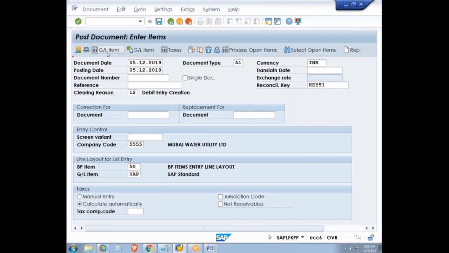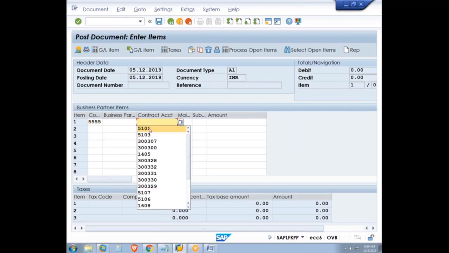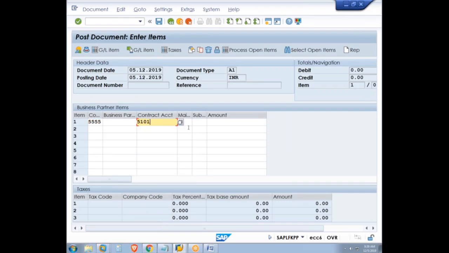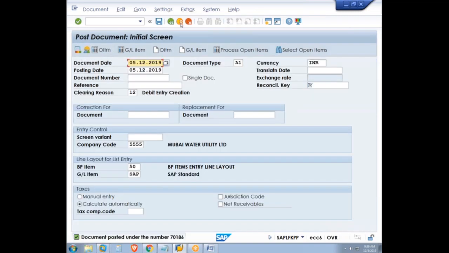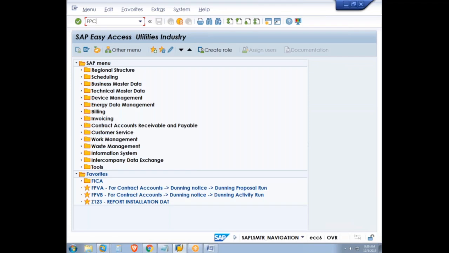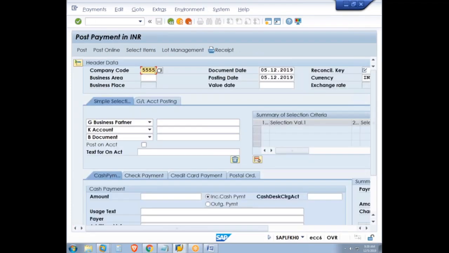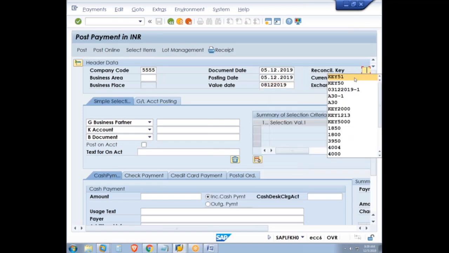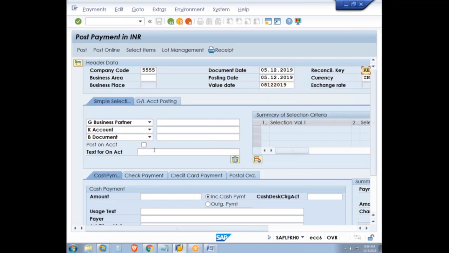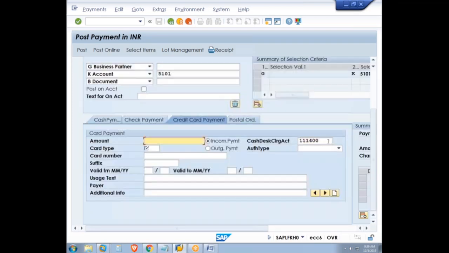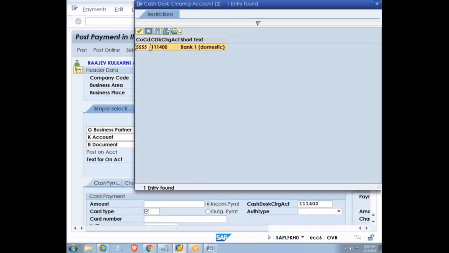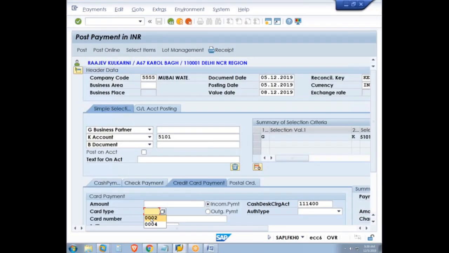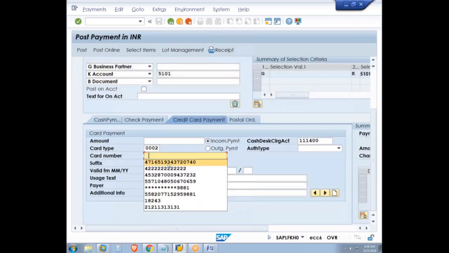Component item. So we have posted 70186. Now go to FPCD, company code, and then contract account 5101, credit card payment. Now it is showing correctly, but will it stay there? We'll see. And then amount, card type 0002, card number,